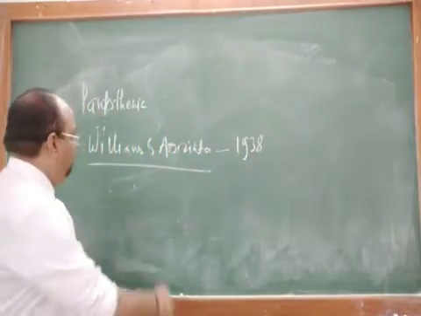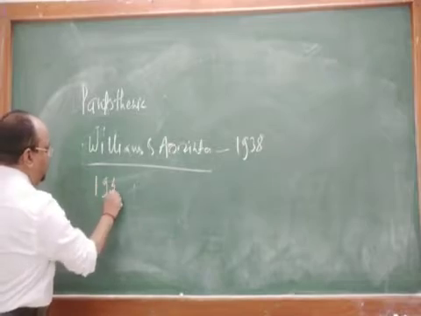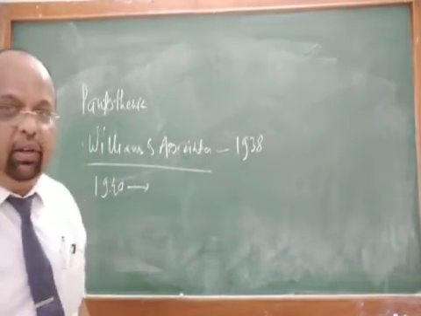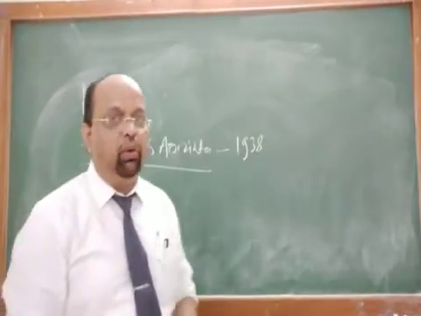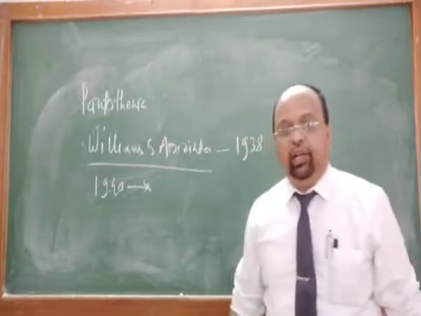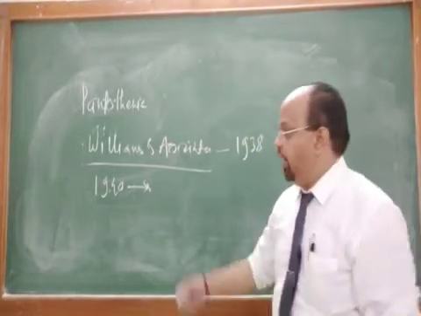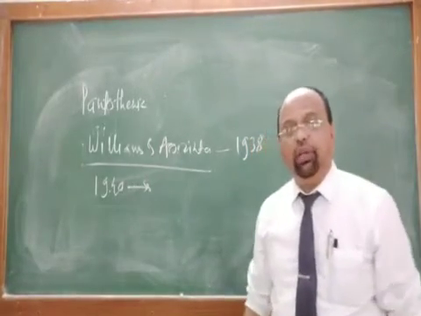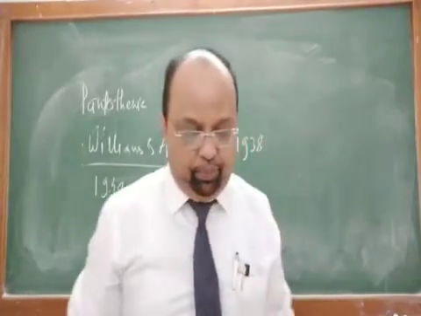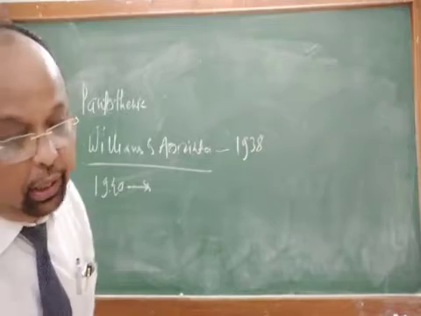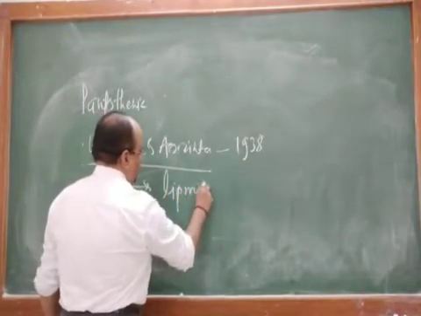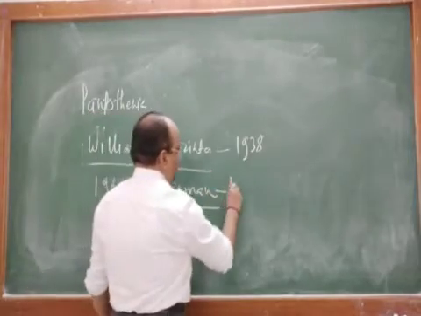In 1940, a group of scientists all over the world found out the actual role and the structure of coenzyme A. And the scientist Lippmann, in 1945,